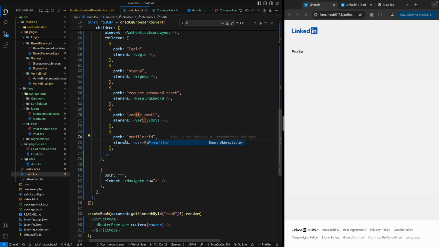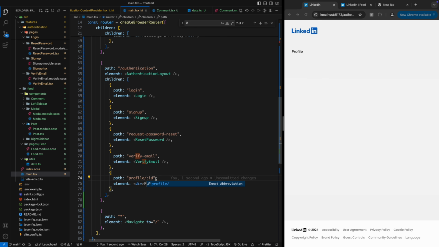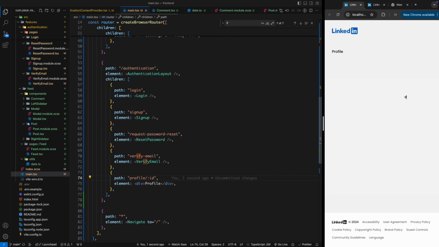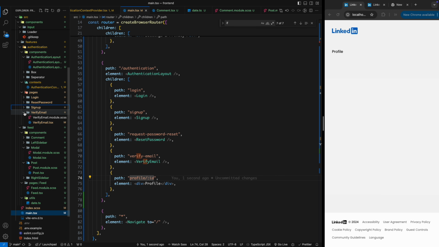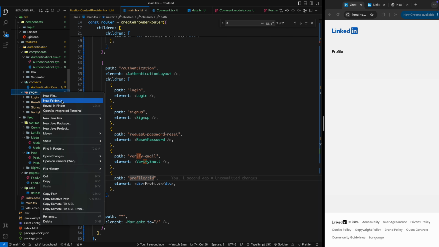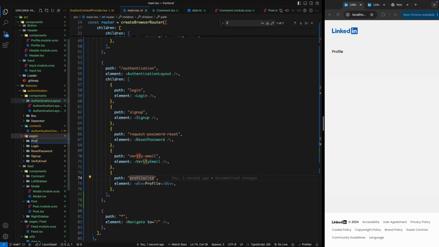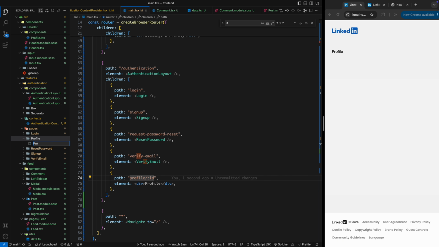But this one is part of the authentication, because this page we show it only upon registration. Okay, so we need to define this profile page, and it's a page that's part of our authentication. So we're going to define it here. We're going to say a profile, like so,